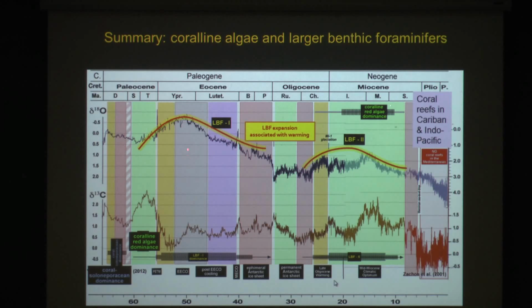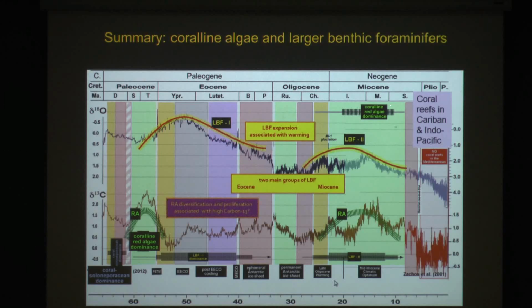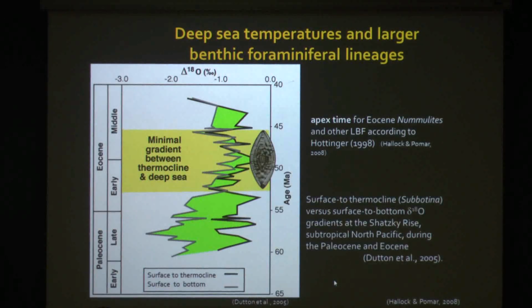Okay, the larger benthic forams, they had these two major expansion periods, and the coral and algae are associated generally a bit before the larger foram peaks, or coincident with it to a large extent. Whereas during those times there was relatively little coral, the apex time for the larger forams in the Eocene is actually associated with the minimum gradient between the thermocline and the deep sea, essentially the warmest poles, warmest conditions in the deep sea,